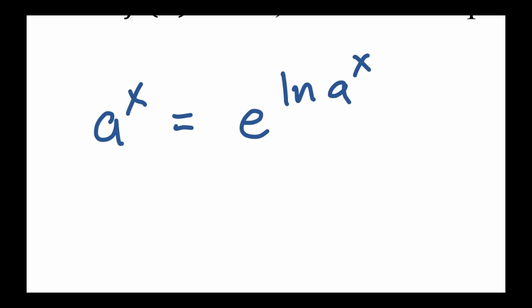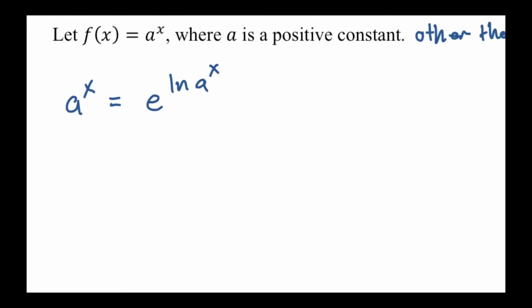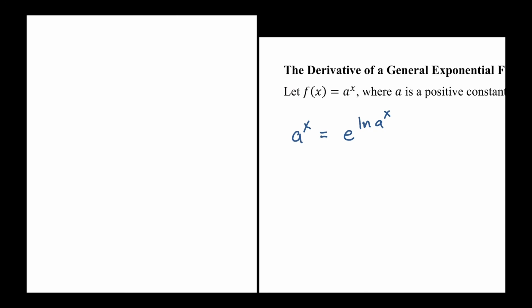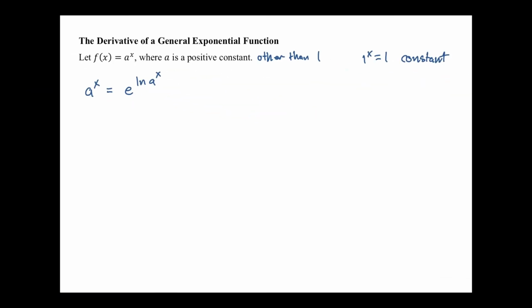Why can I do that? Why is this equivalent? Well, remember what happens between e and ln. They cancel, leaving you with a to the x, which is what we have right there. Okay, why did I do that? Well,